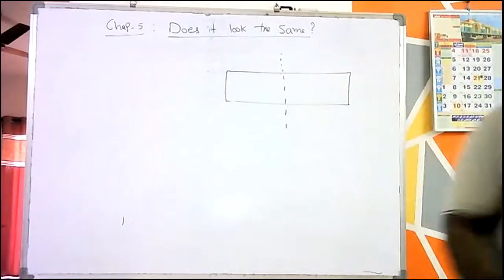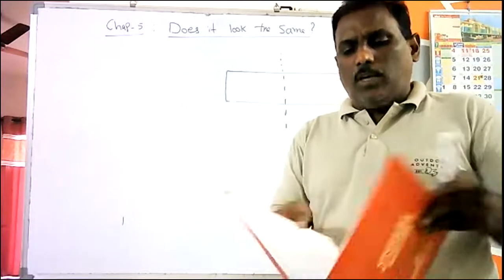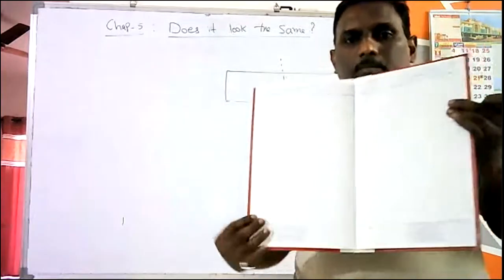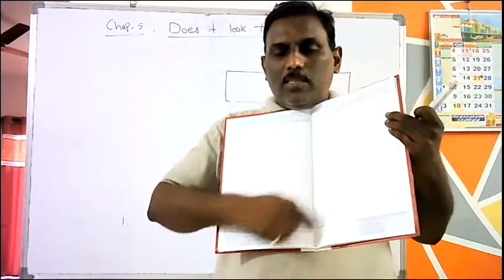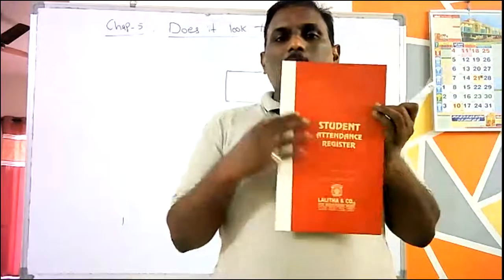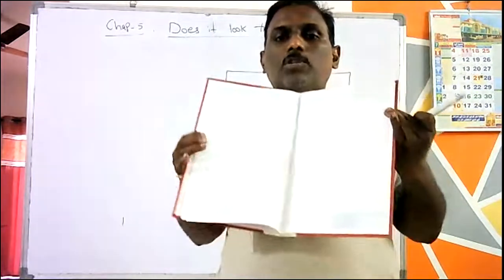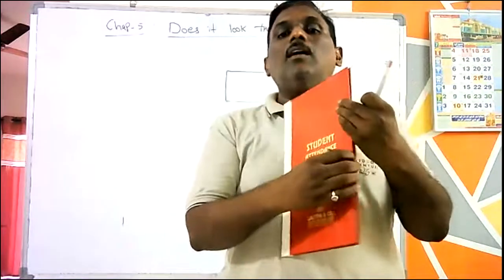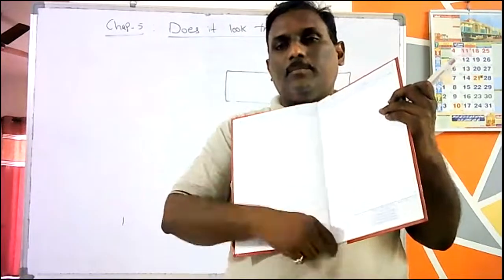Yes, sir. All these we discussed in 4th class. Look, this is your attendance register. See, this is called a symmetric line. If I fold this with respect to this line, you can see only one portion. The other portion you can't see. That means both the portions overlap, and you can see only half of this, not the complete figure. So this is called a symmetric line.